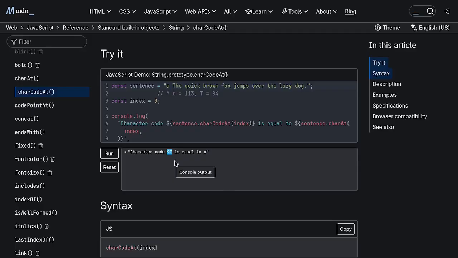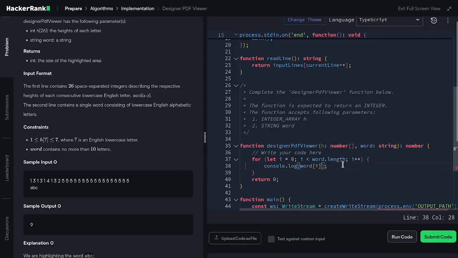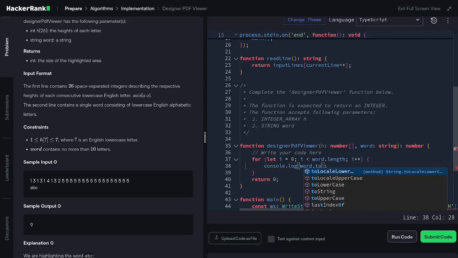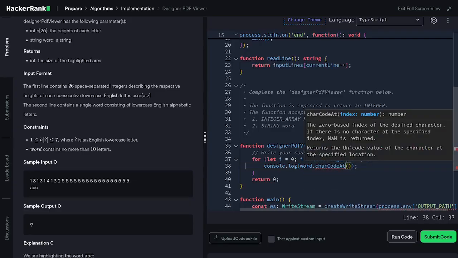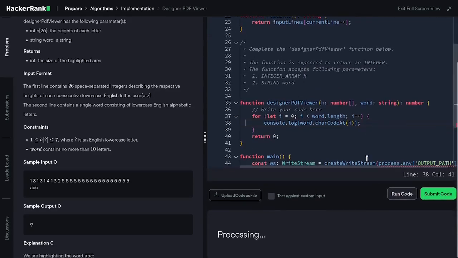So we already got the idea that we can convert the word using the word right here, since it's already pointing to the index using the square brackets of the i right here to point the index directly. Then we can simply delete the word, delete the square brackets, and then use the dot, using the charCodeAt method that takes the parameter of the current index that we are trying to iterate. So let's run this,